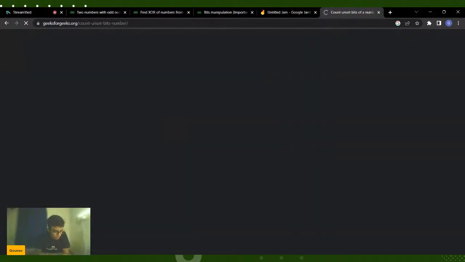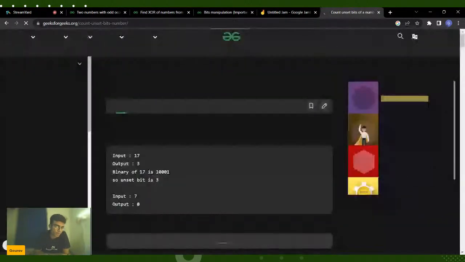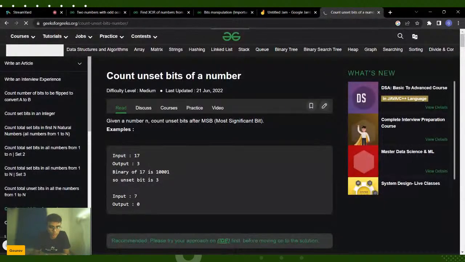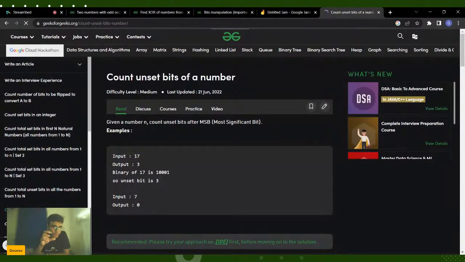To form a number, there are 32 bits now. Yes, if a number is an integer, the integer basically allocates 32 bits for any particular number. So the maximum number you can get is 2 to the power 32 minus 1. This is the concept behind an integer data type. But if you have a number of type long, you will have 2 to the power 64, so there will be 64 bit positions. You just have to make sure what the data type is.